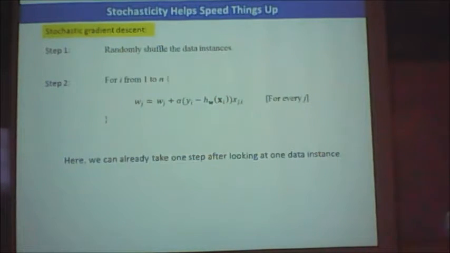But of course there is a trade-off. Nothing looks as good as it is. It is fast, but you may take longer iterations to converge, and you have to really control your step size, because that will influence the direction that you want to go. The direction will be influenced by the sign of the gradient. So in SGD you can take one step after looking at one data instance, and this actually makes it much faster. This is just a small example.